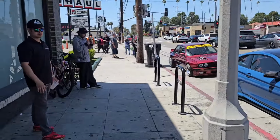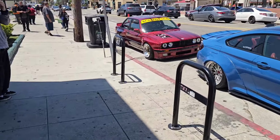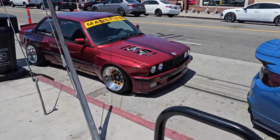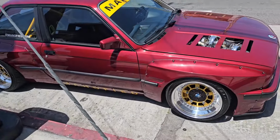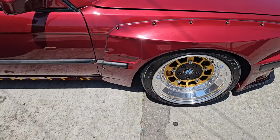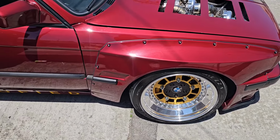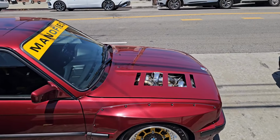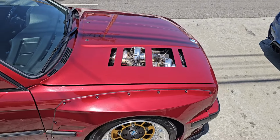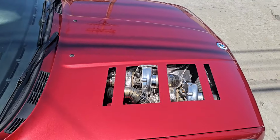And actually, before we make our headway in, this thing stood out the most right over here. Got your shot? No. Cool. Alright, so check out these wheels. That's something that stood out over here. They're bolted together with the lip, and the center is bolted together with the main face. Twin turbos on there? That's crazy. Twin turbocharged,